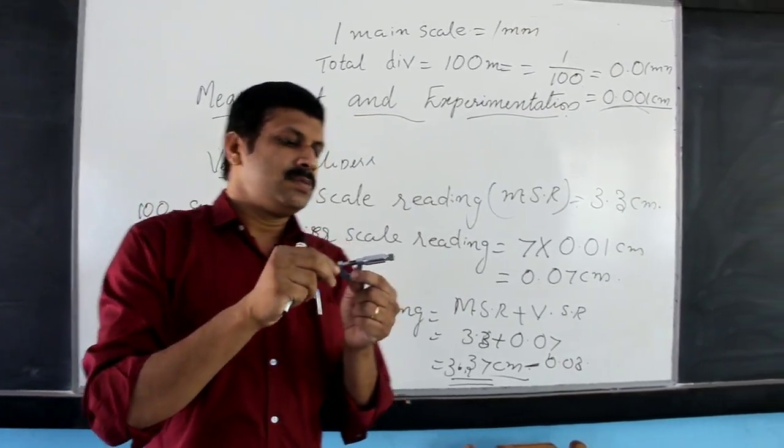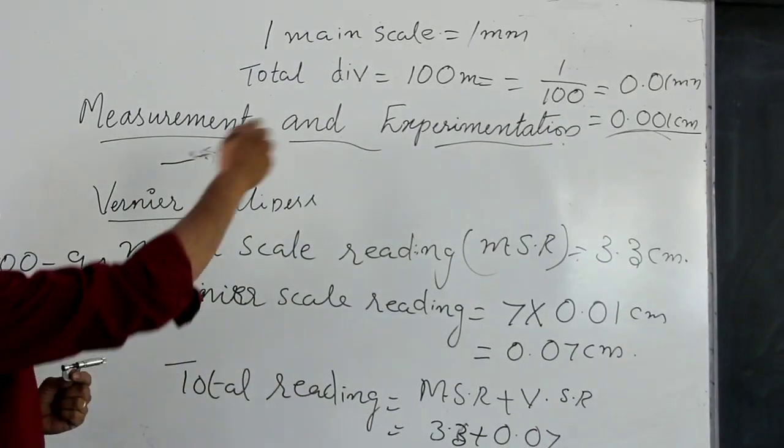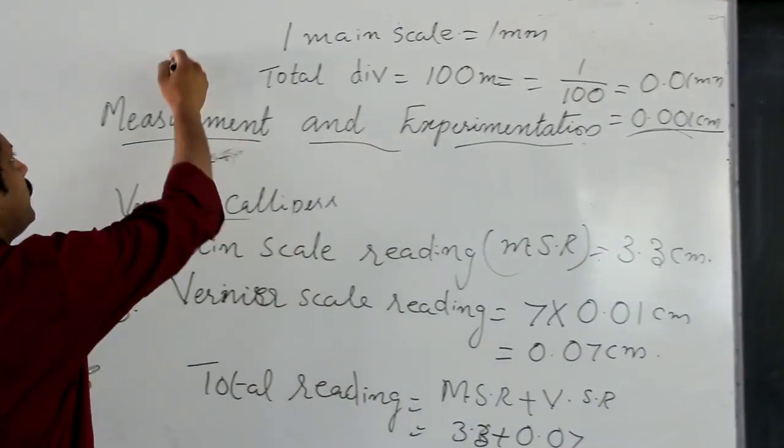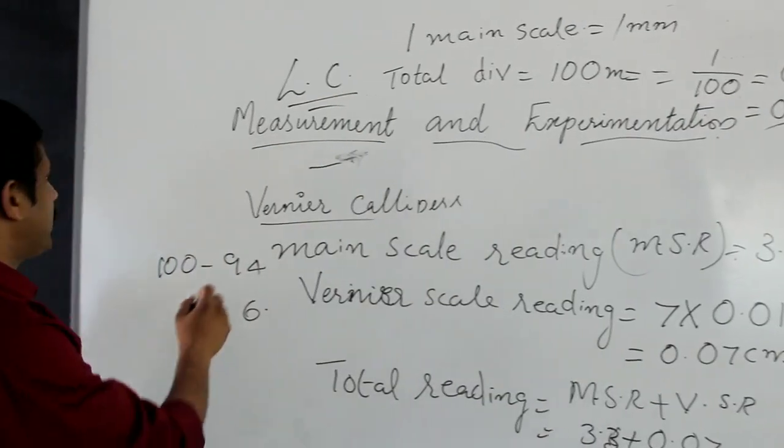So we already found the total divisions and the least count of the screw gauge, and here we found